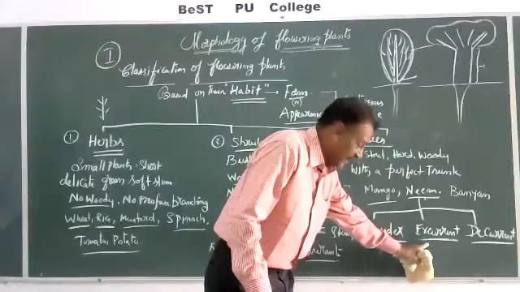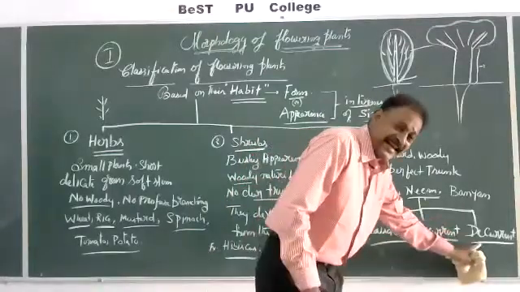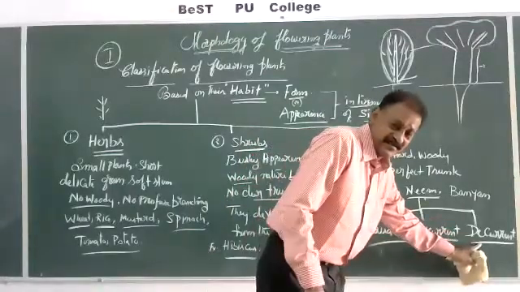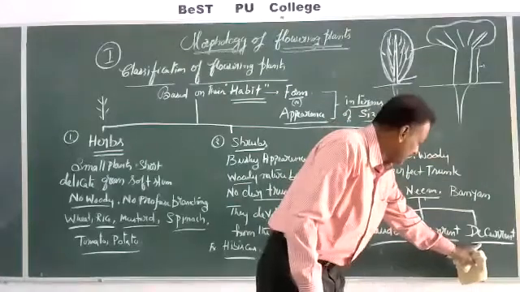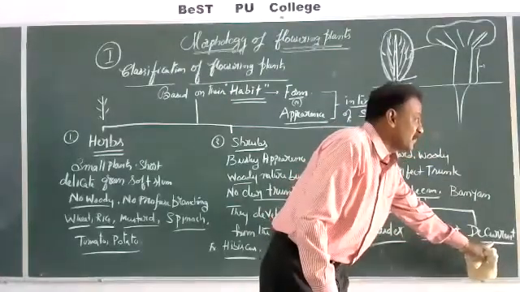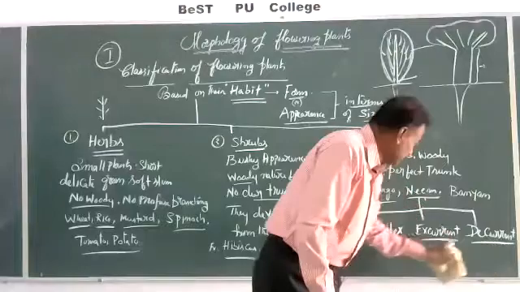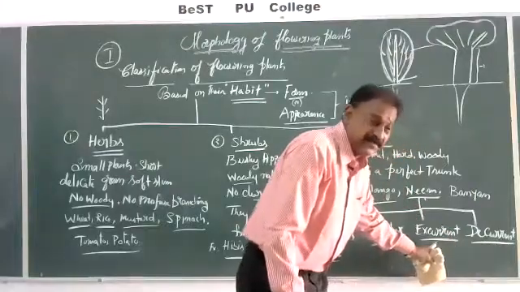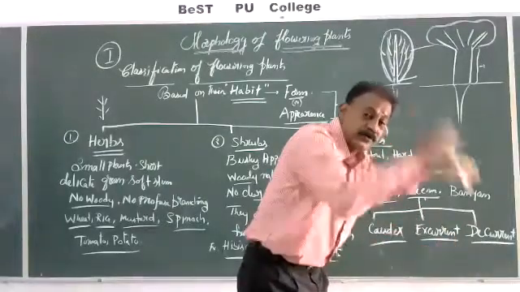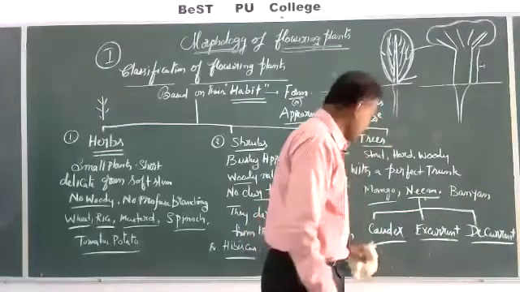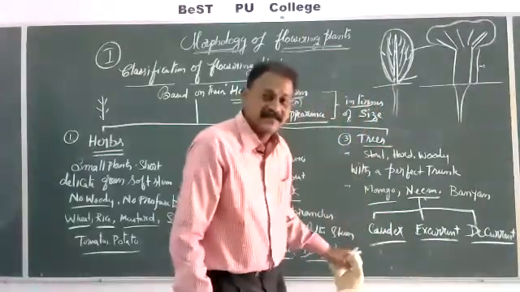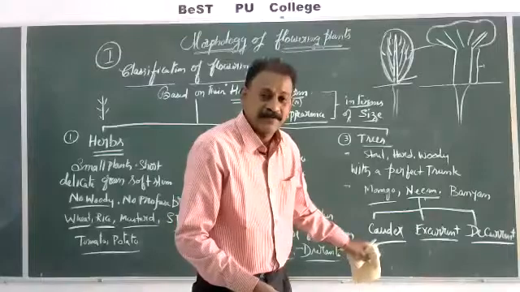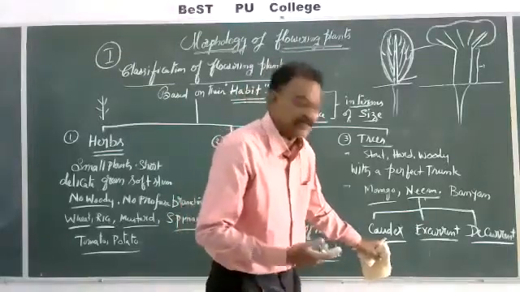Excurrent, conical, cone-like. Decurrent, dome-shaped. Generally most of the trees we see here are decurrent. Some trees, when we see in the diagrams, appear like cones, Pinus, conifers. Generally caudex means fan palm trees and date palm trees are called caudex.